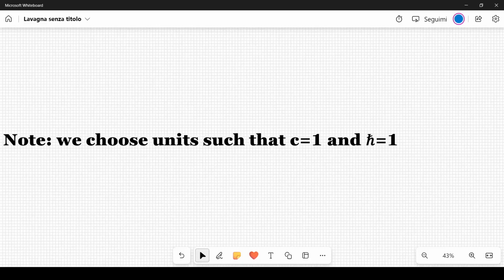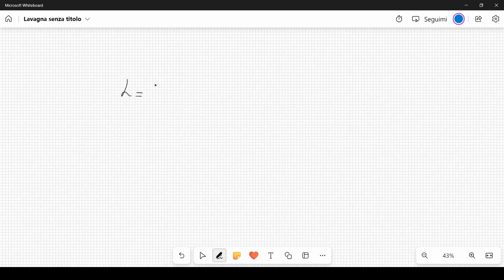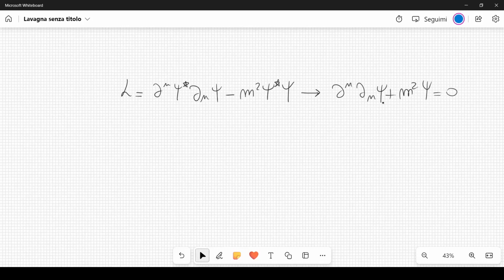Let's start from the Lagrangian density with a complex scalar field, L equal to del mu psi star del mu psi minus m squared psi star psi. We know that from this we can derive the Klein-Gordon equation, del mu del mu psi plus m squared psi equal to 0. So this is what you can obtain from the field equation, del mu of del L